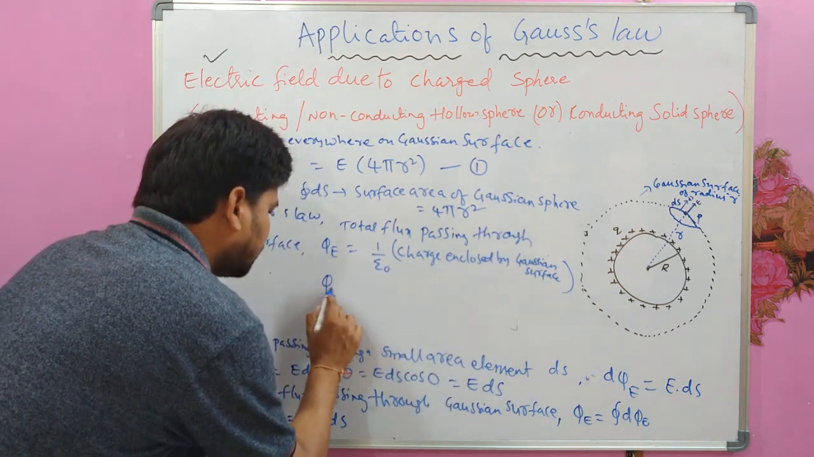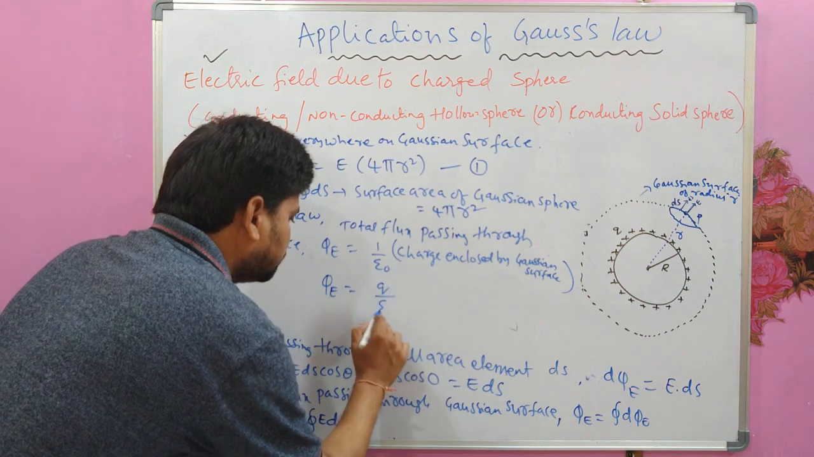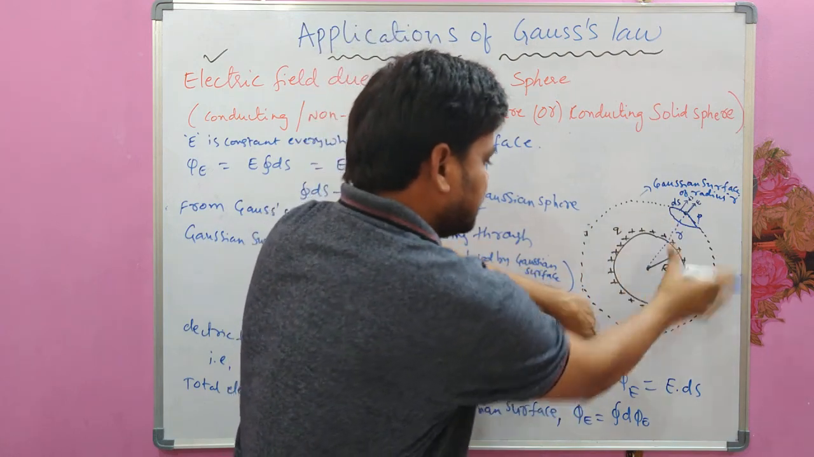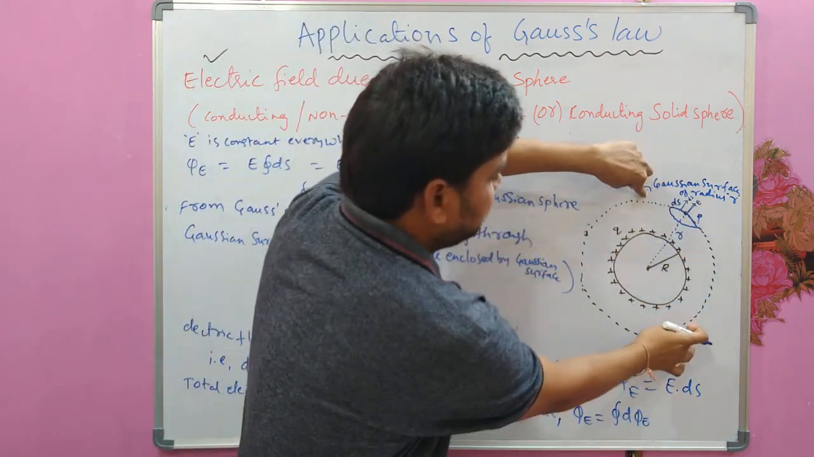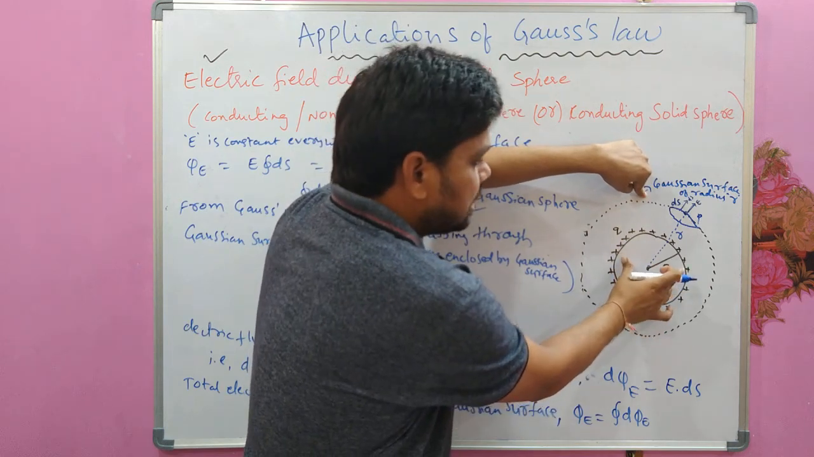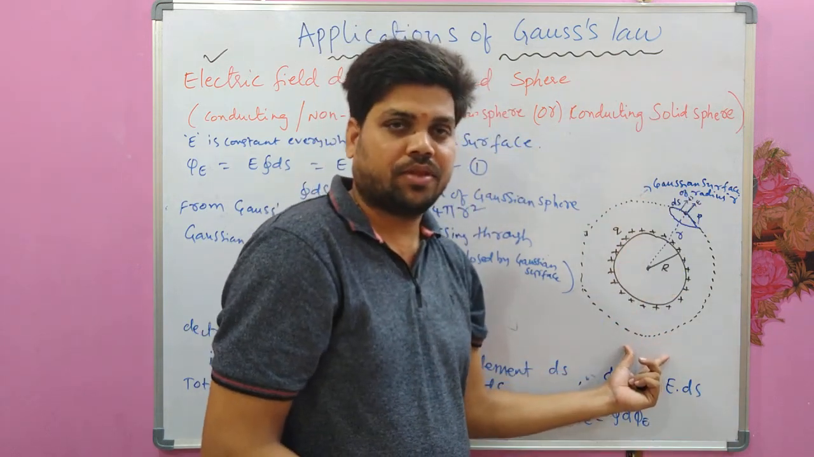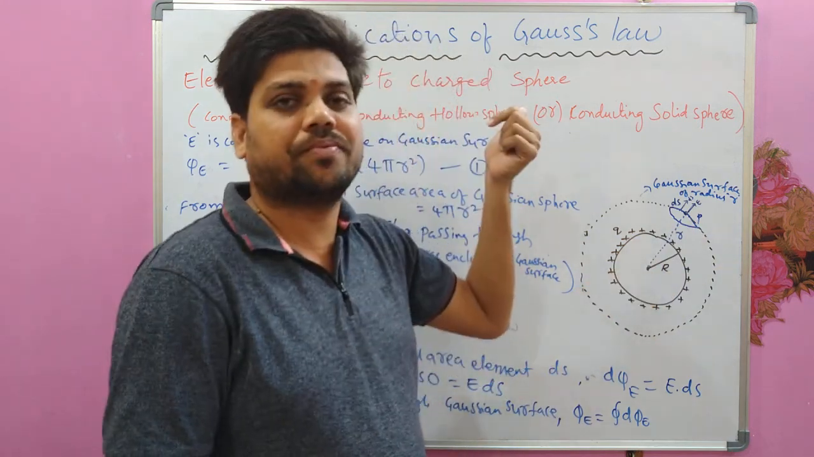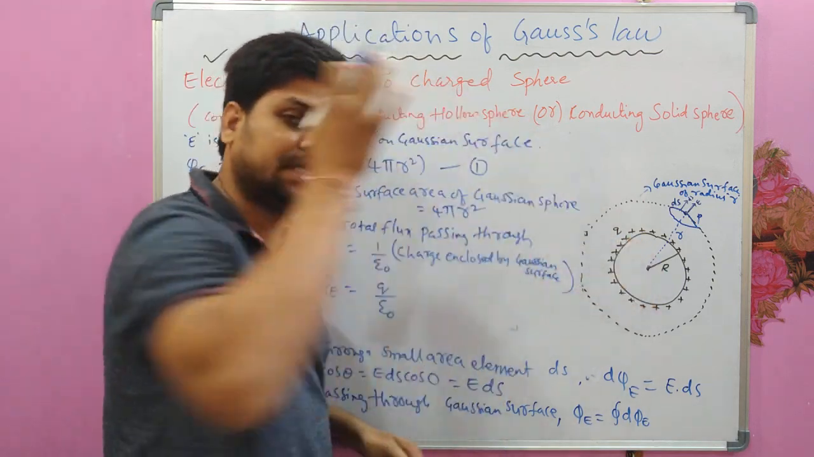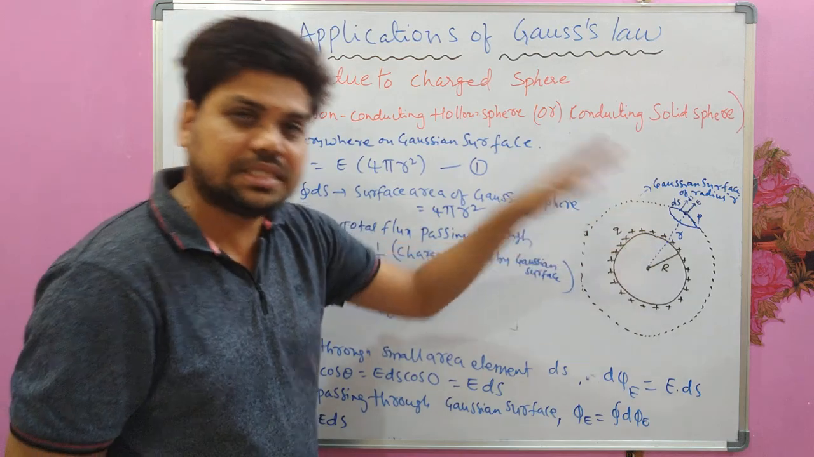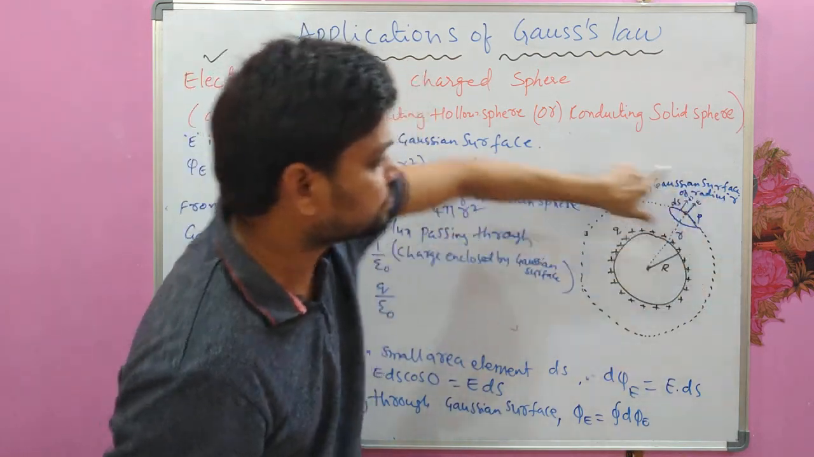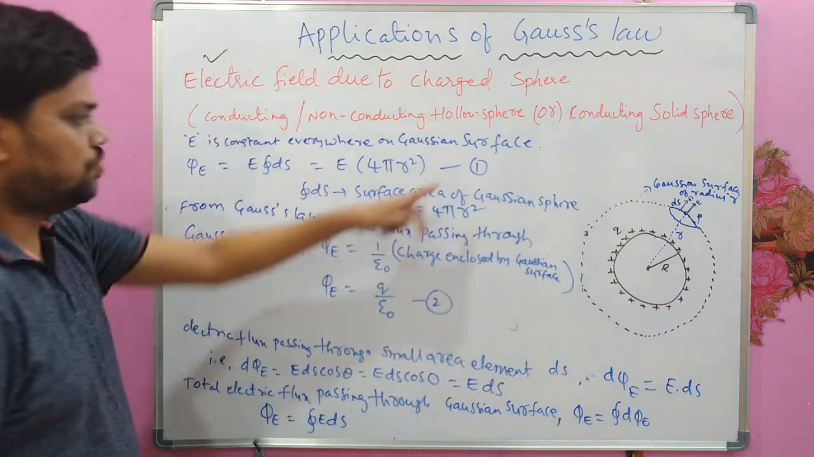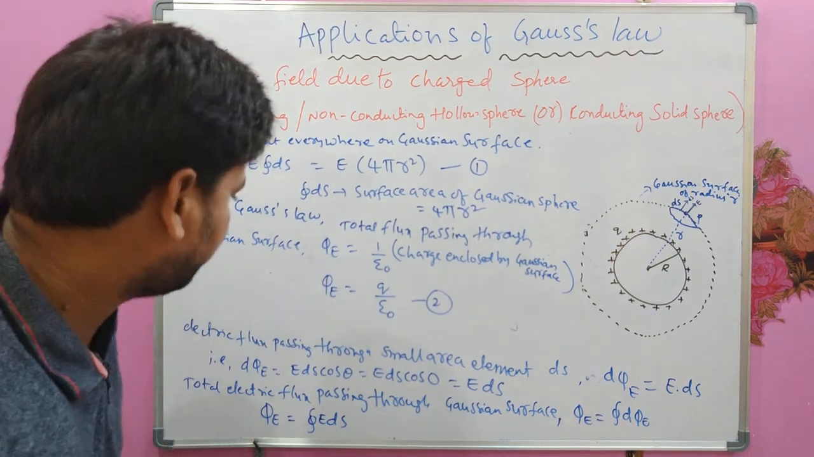So how much is the charge enclosed by the Gaussian surface? See, this is the Gaussian surface, and the original sphere is inside it. What is the charge on the original sphere? Q. Whatever charge is on the original sphere is the charge enclosed by the Gaussian surface. So Q by epsilon naught, this is equation 2. So 1 and 2 are the same, and we get